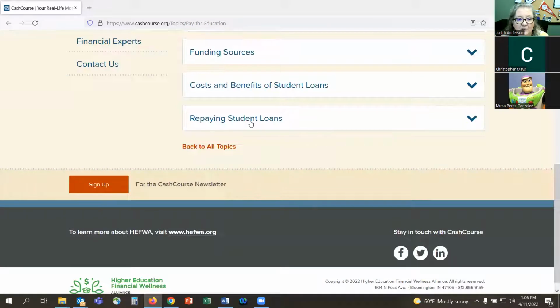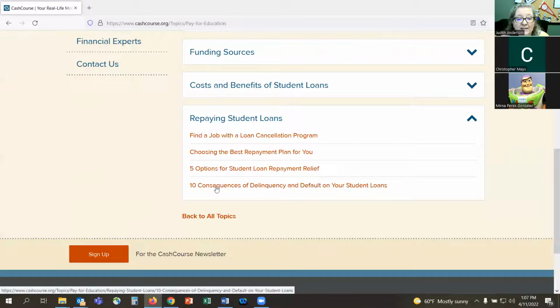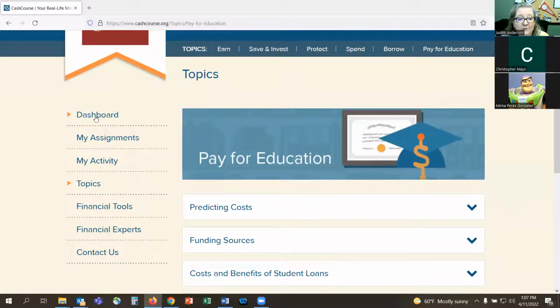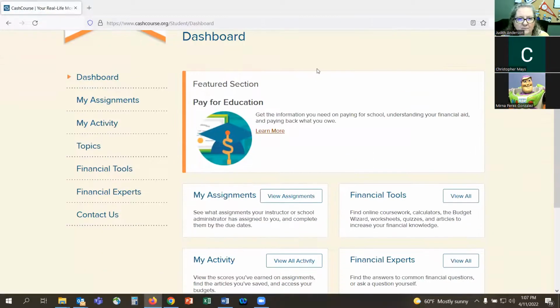And then repaying student loans. That's really an important one. Finding a job with a loan cancellation program, choosing the best repayment plan for you, 5 options for student loan repayment, and avoiding delinquency and default on your student loans. So excellent topics there. But if we go back to the dashboard, you'll see,